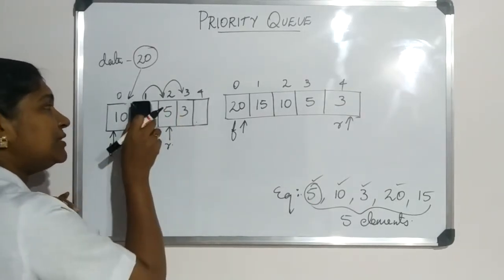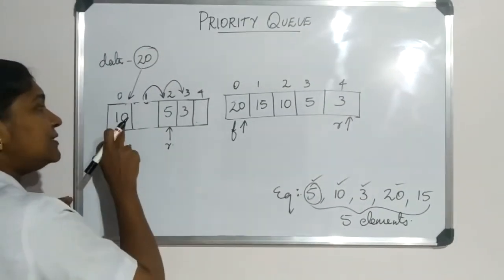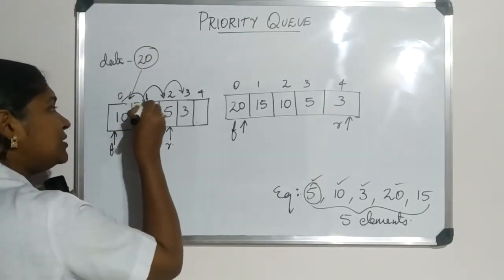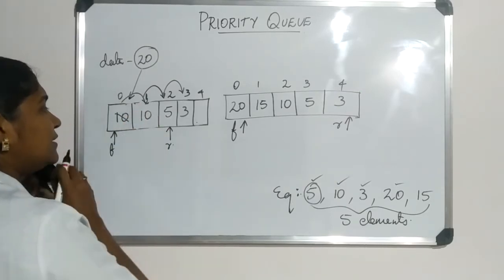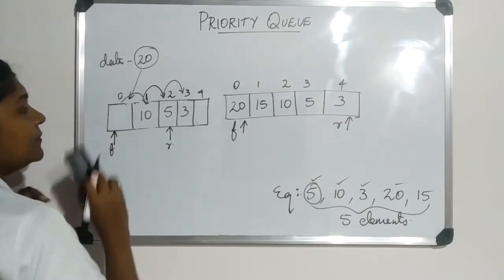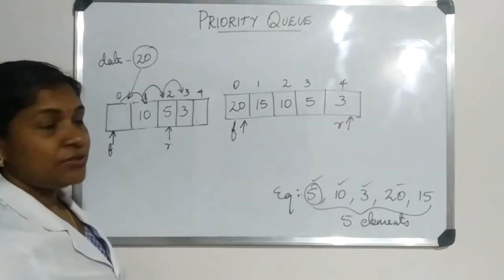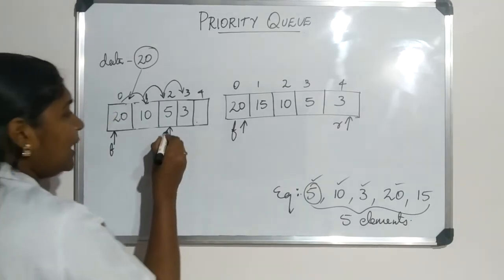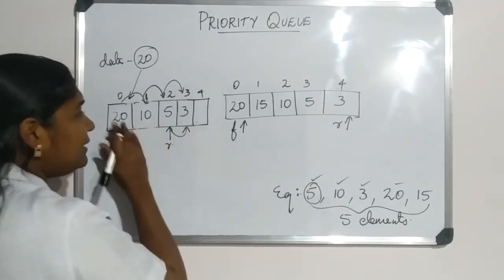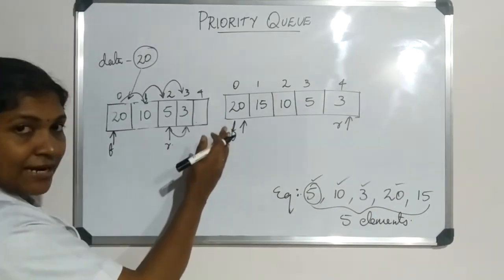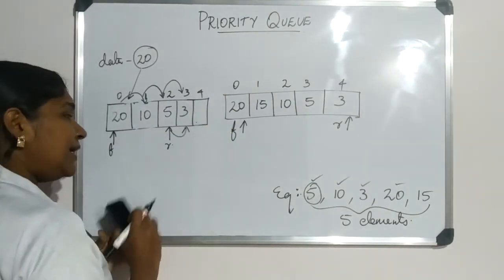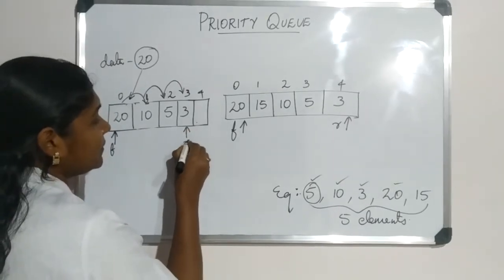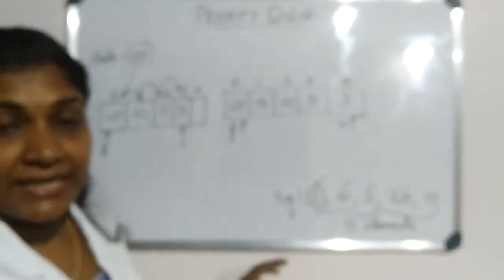So that this position is free again. Then this 10 is also less than 20, so move 10 to the next position so that the first position is vacant. And right now we have got the correct position to insert the element 20. So we insert it here and update the value of R. Only one position we have shifted towards the right, so update R by 1 so that R points to the last location which contains an element.